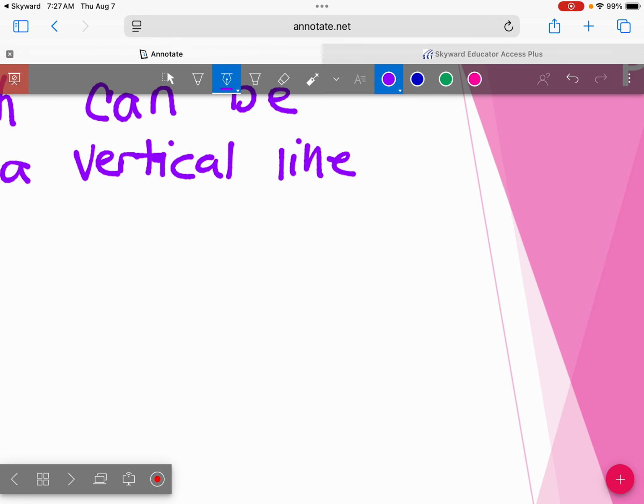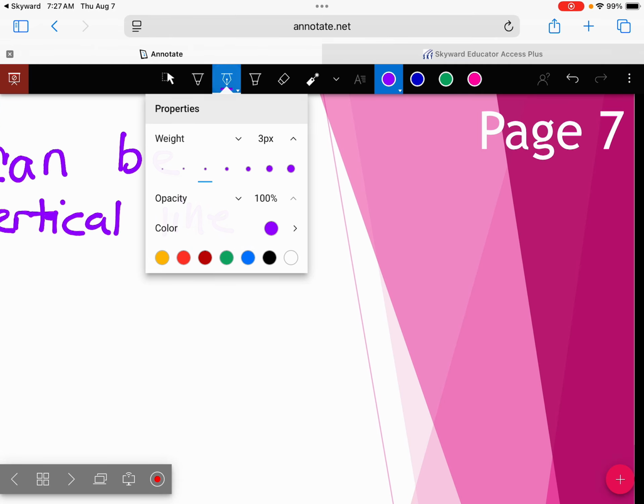What that means, because that's a super duper mathy way of saying it,